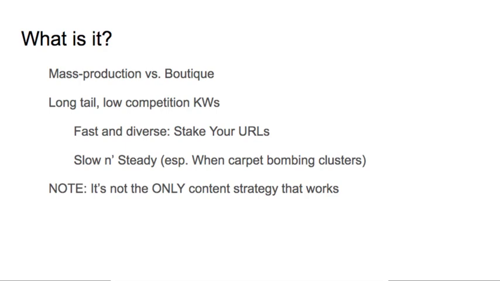I remember reading a long time ago. I used to do, back in pre-Penguin days, a lot of link building and all that stuff. Just the worst tasks ever, but I did it because it worked. And then I read about somebody who mentioned on a forum, I think it was a Warrior forum, and they said, I don't understand why people would all go after the same keyword that 100 sites target, that 10 or 20 of them have huge authority and lots of links. Why would you go after that when there are literally untapped tens of thousands of keywords that no other site is targeting, and all you have to do is publish an article and it basically fills the void, and you rank and you get traffic.